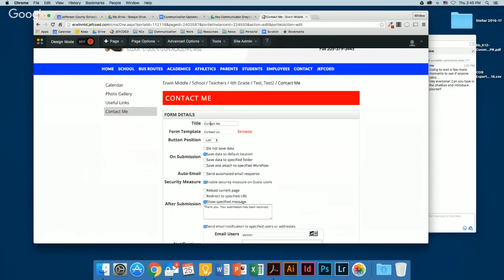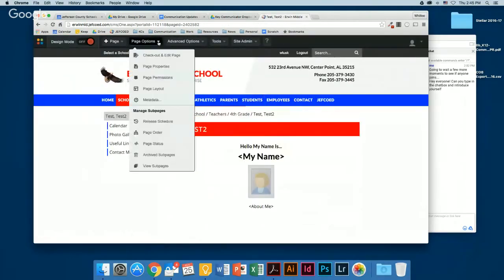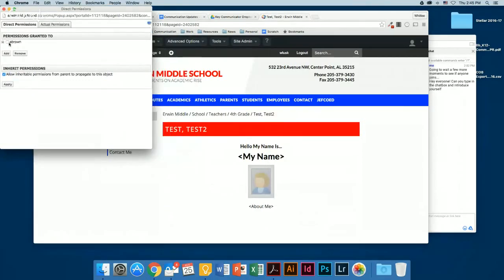Also, by making them the page owner, that's granting them rights. So you don't have to go back to their main page and come up here to page options and page permissions. They already have it because you made them the page owner from the beginning. So I think that'll save a lot of time.